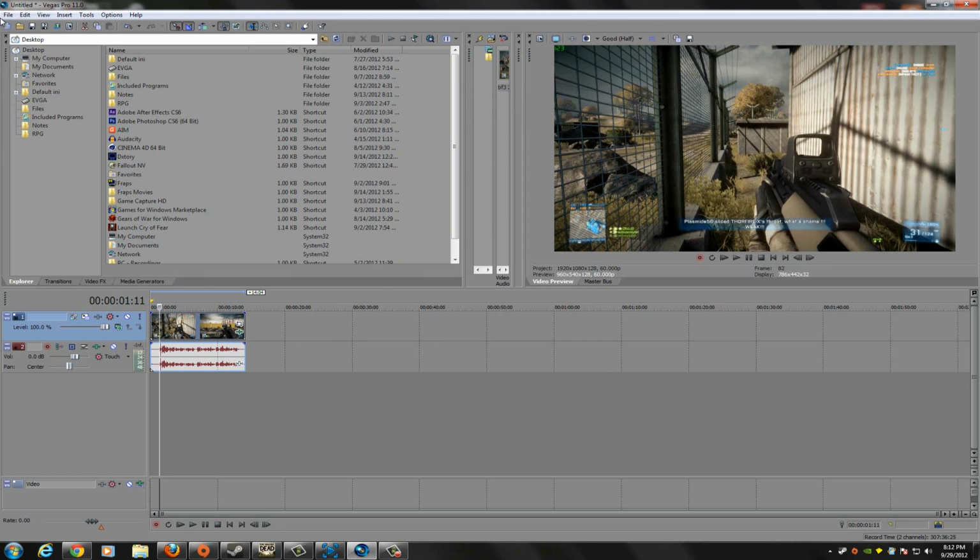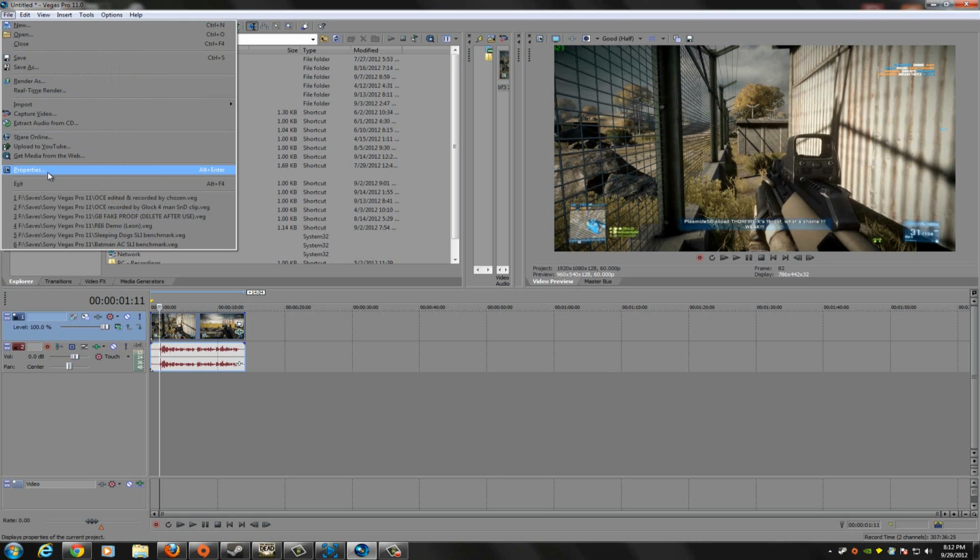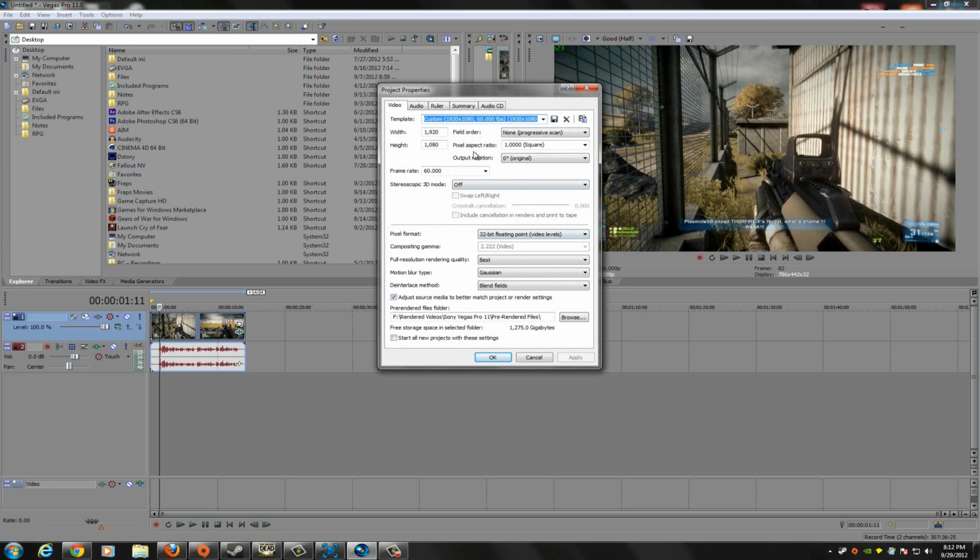Now you're going to want to go to File, go to Properties, your video template, go ahead and name it whatever you like. The width 1920, height 1080, field order none, pixel aspect ratio 1, output rotation original, frame rate 60. I'll get into why 60 in a sec. Stereoscopic 3D off,